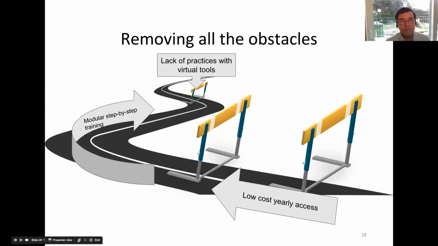And we are really committed to offer you a modular step-by-step training in order to use GroupMap very, very fast and easy. Really, we focus our training on adapting the tool to your group process, to the process you already use. For instance, if you're using open space technology, we can really train you on how to use GroupMap to do open space. And then we evolve on other training for other processes that you would like to use.